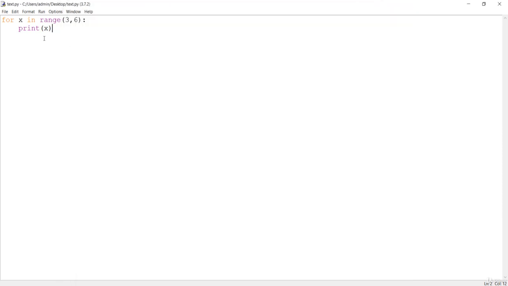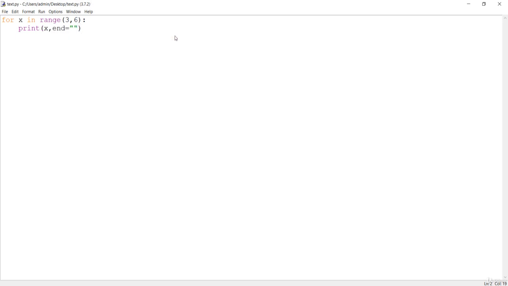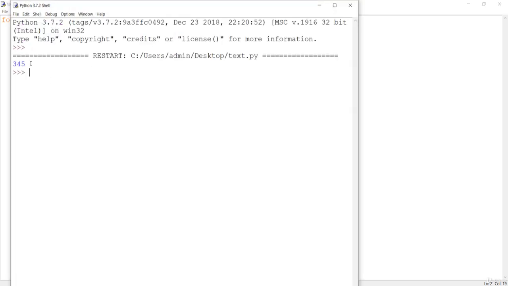Let me show you something real quick. If I print x, comma, and use the end attribute, you get this end attribute over here. If I set it to be only this, but not a newline, and save this and print, you are going to get 3, 4, 5.